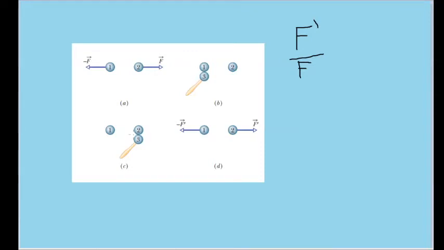Here we have these diagrams showing four parts of an interaction between some charged particles. In part A, there are two spheres acting on each other with an electrostatic force of F. Then we touch a third sphere to sphere 1, touch sphere 3 to sphere 2, and then remove sphere 3 so that we once again have just spheres 1 and 2, except now a different force, F prime,